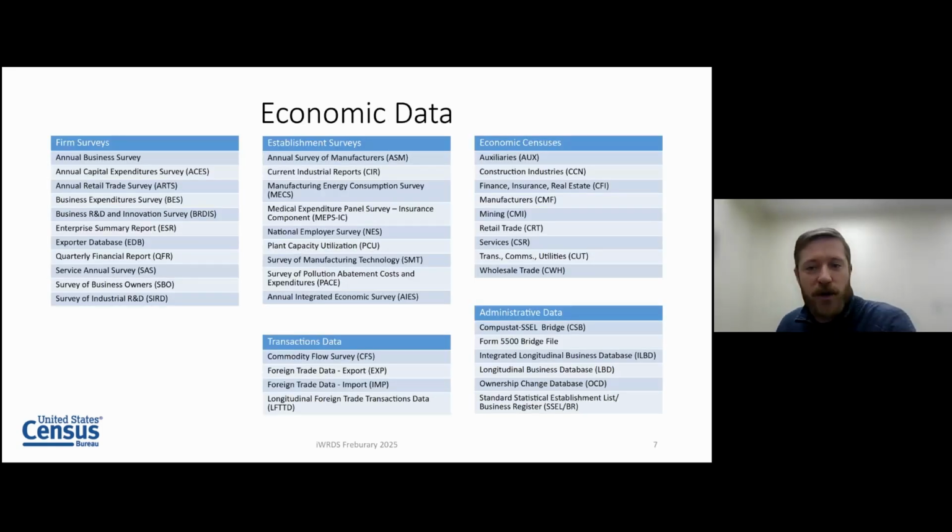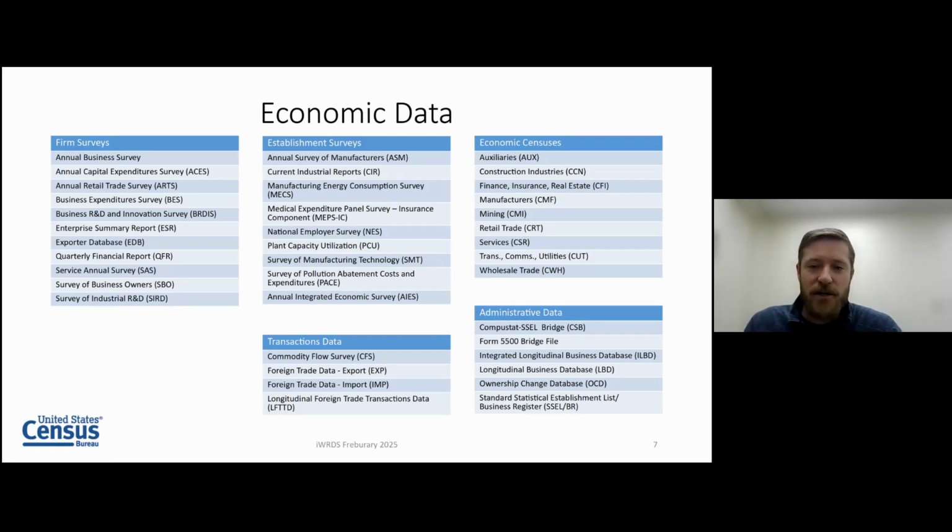As I briefly mentioned a moment ago, the business and economic data is not available publicly in any form, at least at the respondent level. So one of the main benefits of accessing the RDC is you can work with microdata that is used to produce many of the publicly available statistics that Census creates. Here is a list of all the data files that we make available. We have surveys that come in firm and establishment level. Then we also have